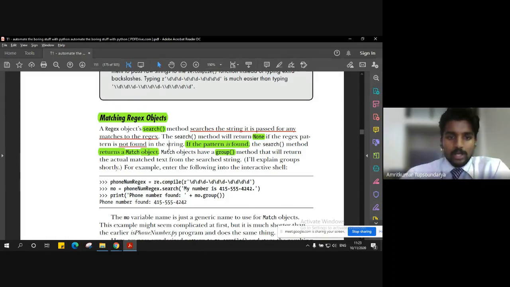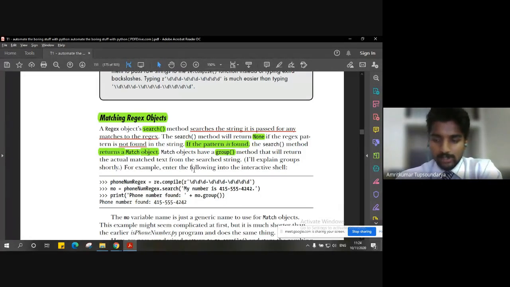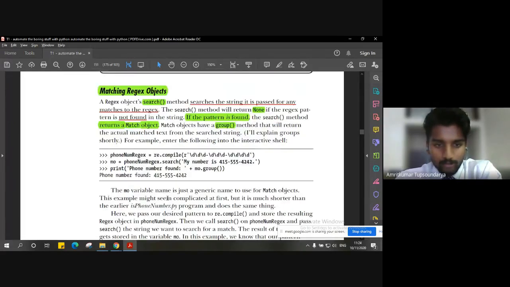And ultimately, when we have multiple match objects, we are going to group all those match objects with the help of the method called group. Let us understand this with the full-fledged program.